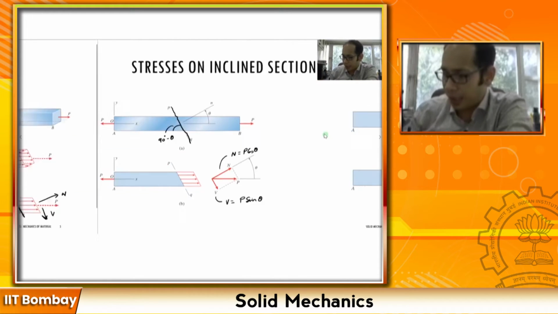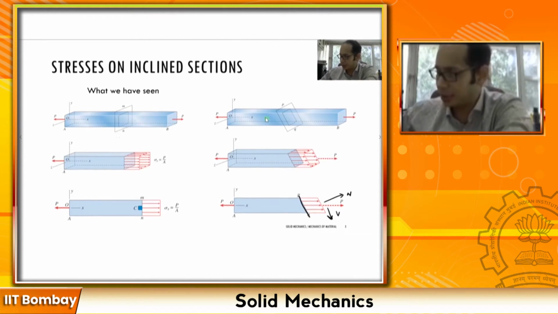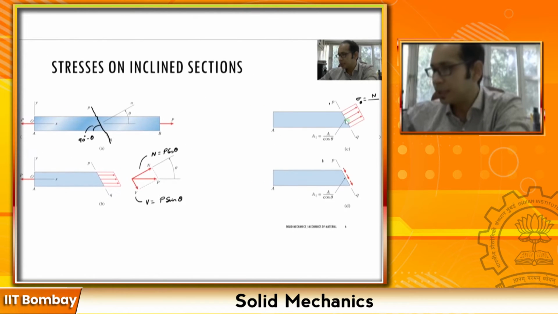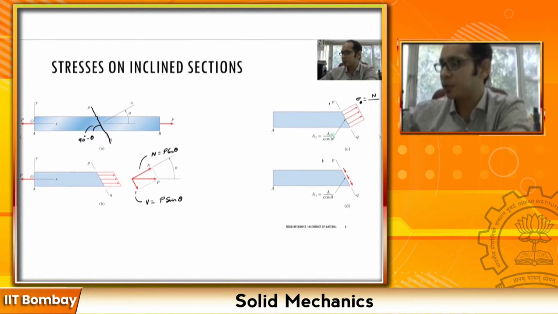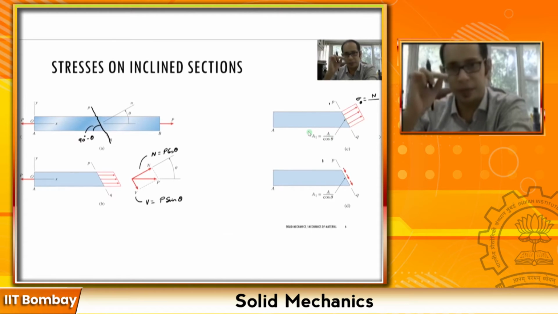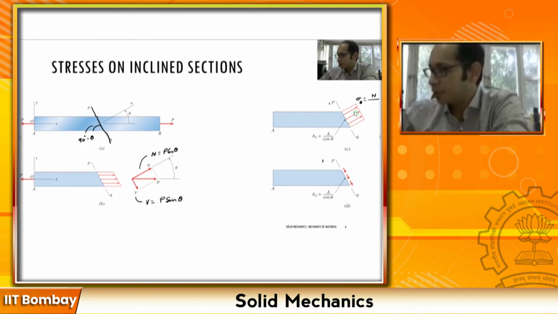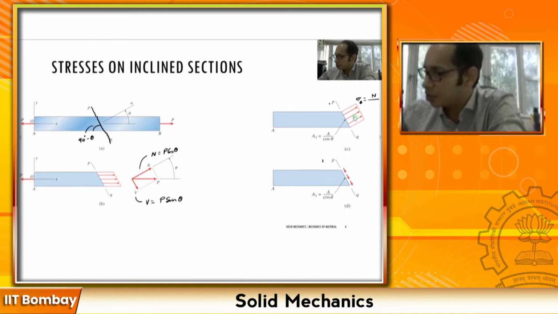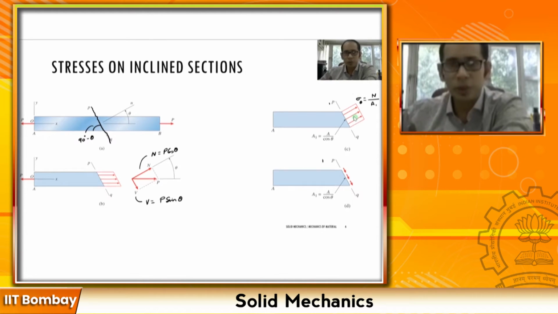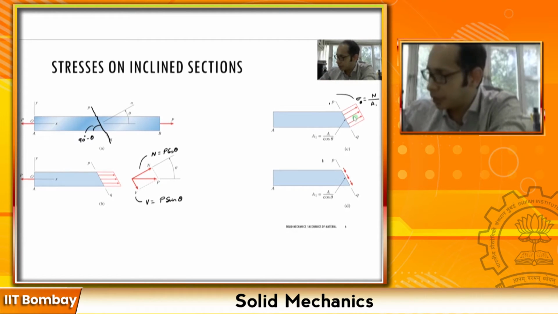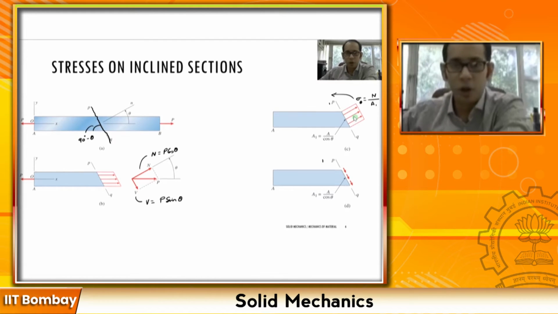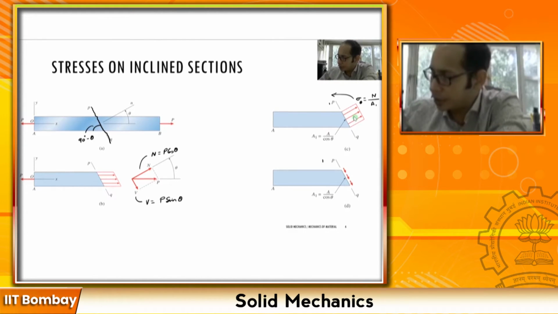Now remember, what was A? A was nothing but this cross-sectional area. So if I am cutting that plane at a particular angle theta, then the inclined plane has a cross-sectional area of A divided by the cosine of theta. So here my sigma theta, which is this particular stress, becomes equal to N divided by A1. If I expand this slightly more, my sigma theta